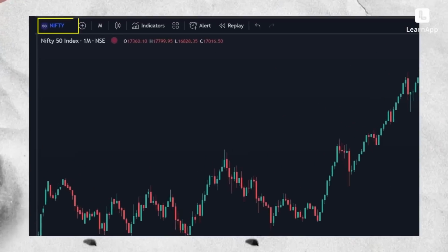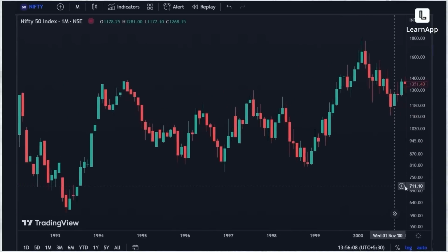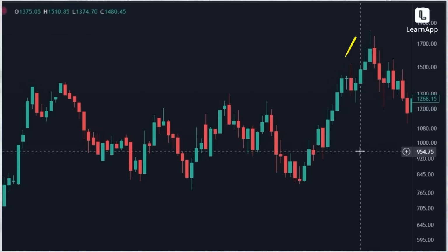Now I have Nifty 50 over here. What I'm going to do is show you all the crises that we've had from 2000 all the way to 2023. 20 years. Let's see what we have. First, we see this nice up movement over here from 1999 to 2000. This was called the dot-com boom. A lot of people in the office were born at that time, 2000.